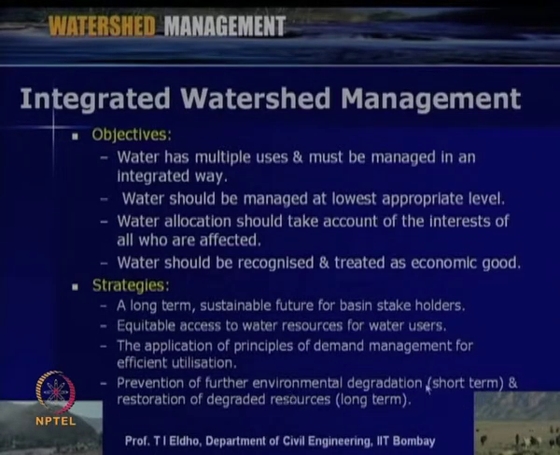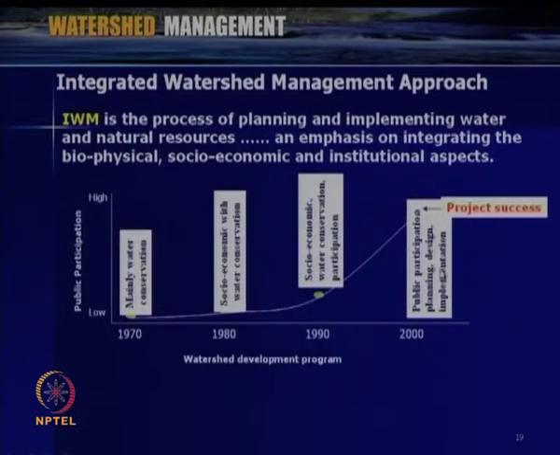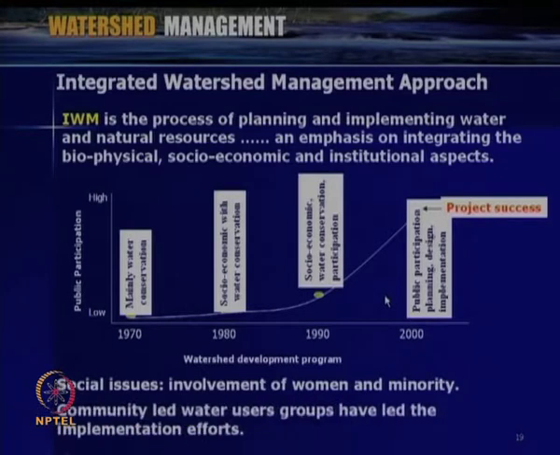So, in terms of watershed, we have to see the short term goal may be to prevent further degradation, and the long term goal may be to restore the degraded watershed system. So, these are the objectives and strategies as far as the integrated watershed management approach is concerned. So, finally we can define the integrated watershed management approach as the process of planning and implementing water and natural resources management, with the emphasis on integrating the biophysical, socio-economic and institutional aspects as far as the considered